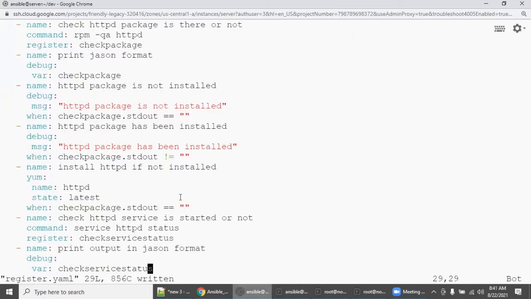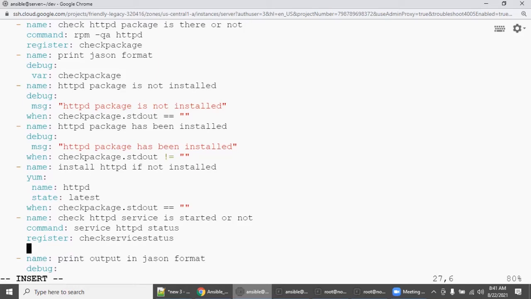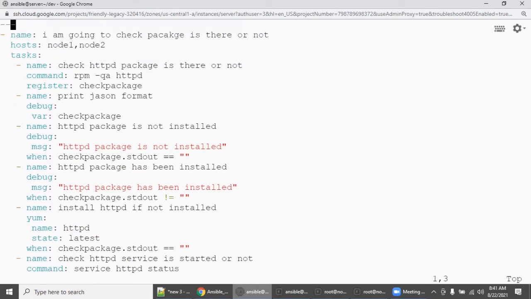What you have to do is, in this case, we know there is an error. So come down and say ignore_errors: yes. If you apply this before your actual playbook, it will be applicable to the entire playbook.